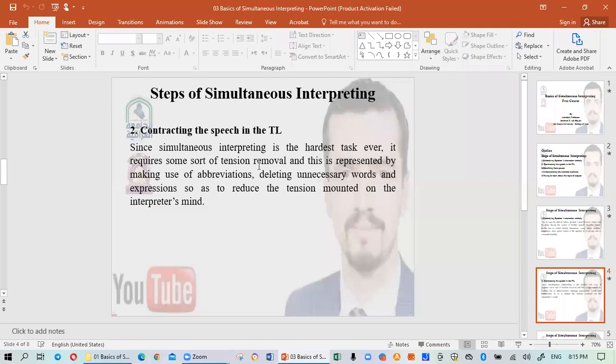Since simultaneous interpreting is the hardest task ever, it requires some sort of tension removal. And this is represented by what? It's represented by making use of abbreviations, deleting unnecessary words and expressions so as to reduce the tension mounted on